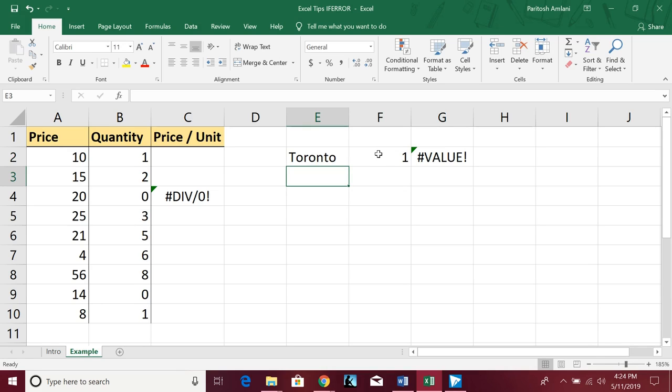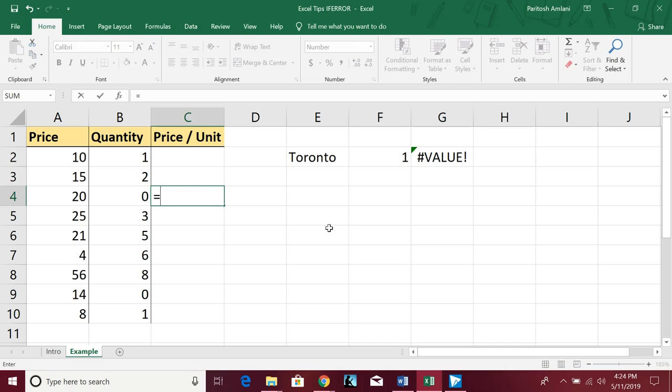So what you want in your Excel sheets is to not have these errors, right? You want to make sure that these errors are taken care of. So for that, IFERROR is pretty useful. So let's take an example of this guy, right? Let's see what happens. So if I use IFERROR here, so if I say IFERROR,